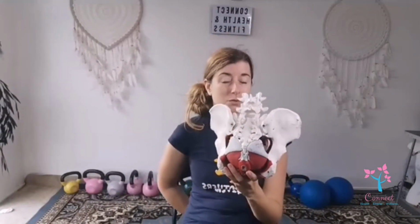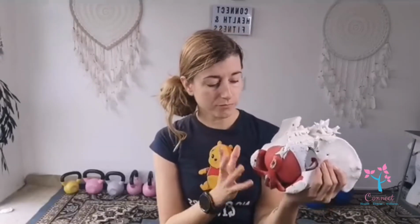Then you've got your tailbone at the back, which is what you can feel if you're sitting on a hard concrete floor, something like that. This is what often gets damaged if you fall over. So between all of that, if we didn't have the pelvic floor muscles, then there'd be a massive hole here,